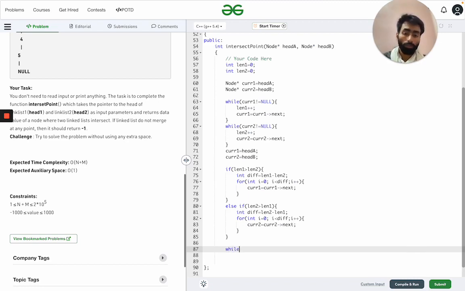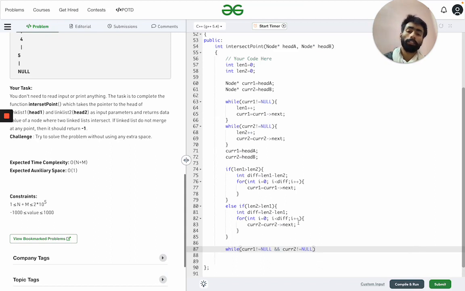So if current 1 is not equal to null, as well as current 2 is not equal to null. What does it mean?